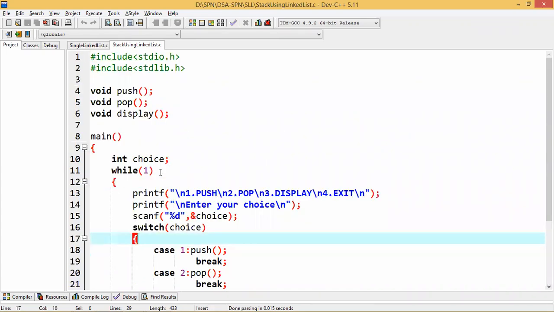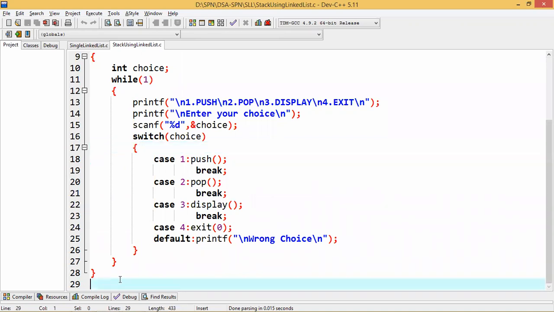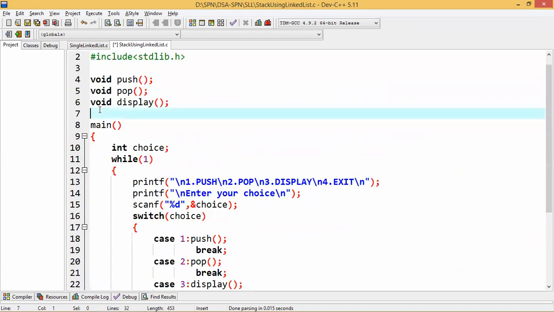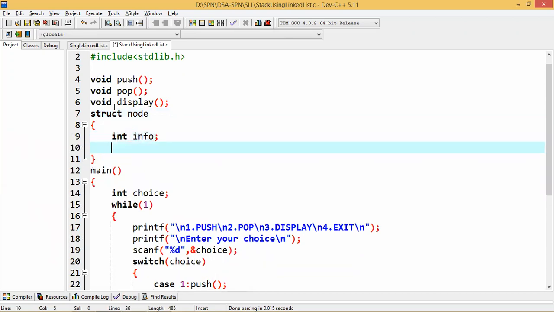Whatever we have written while implementing stack operation, we have just copied the function prototypes and the format of the program. Okay. Now, the first thing I need to implement is the push operation. But before that, as you're implementing through a linked list, I have to define the structure.